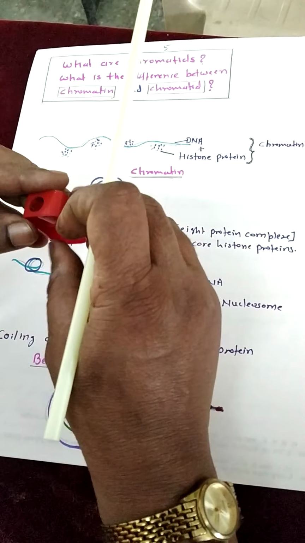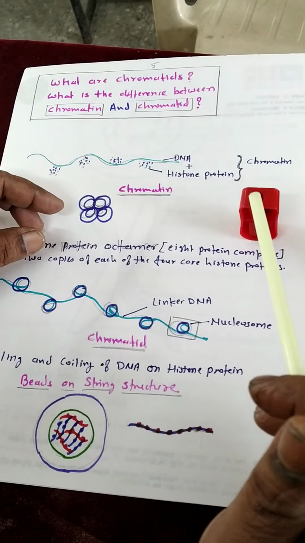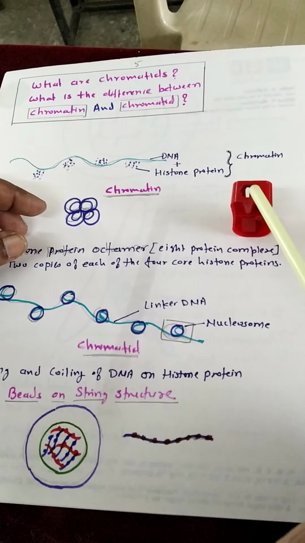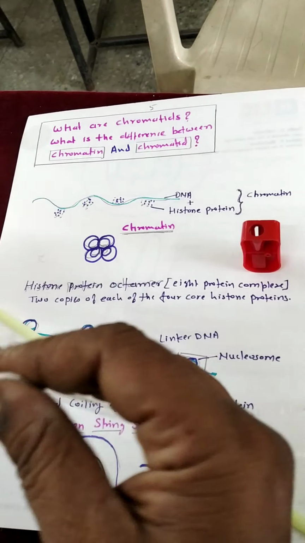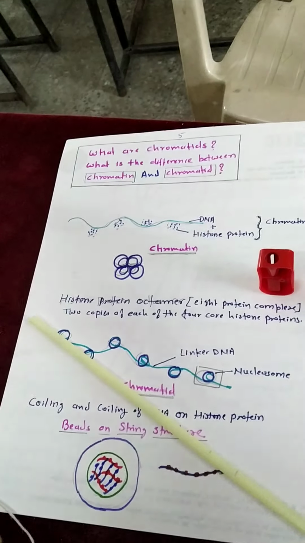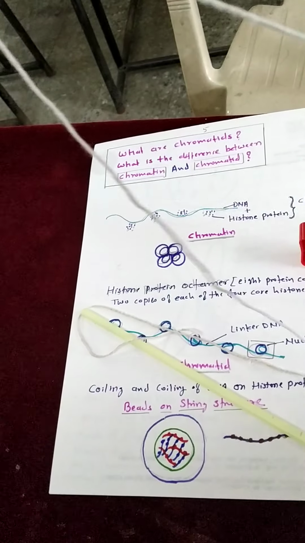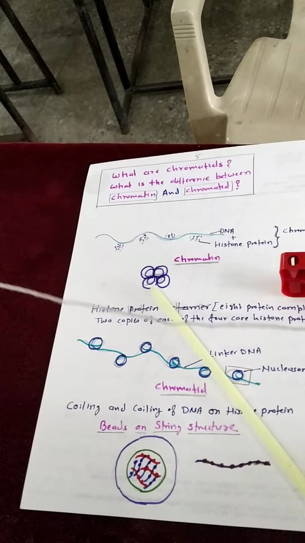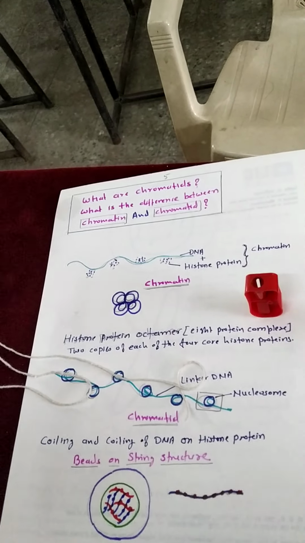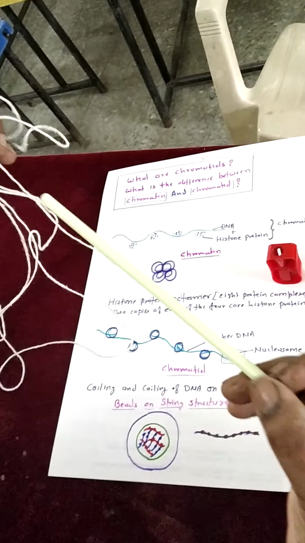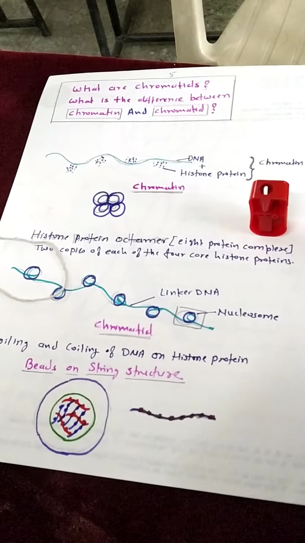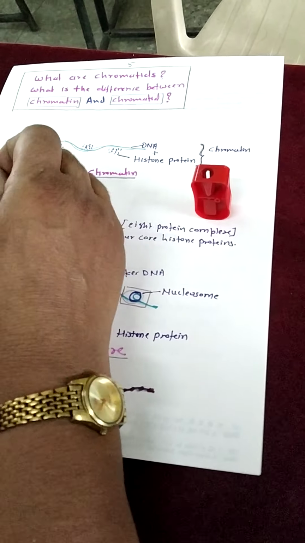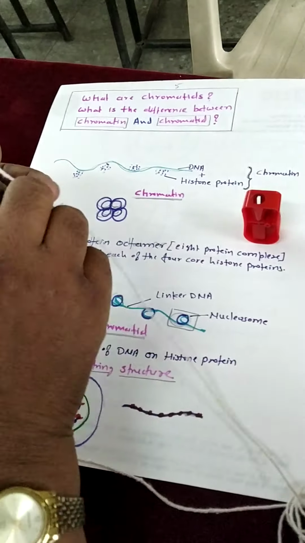If the nucleus of the cell is so tiny, so if this is the whole cell and imagine this is the tiny part of the cell that is the nucleus, then how will this 2 meter long thread fit in this tiny nucleus? The DNA molecule is 2 meters long, and how will it fit in this tiny nucleus? What will the DNA molecule do to fit in the nucleus? It decreases its length.